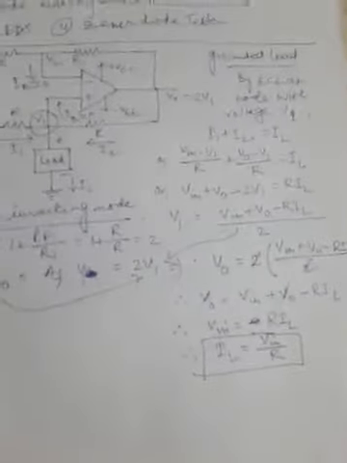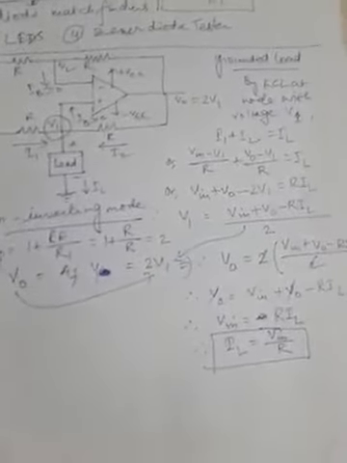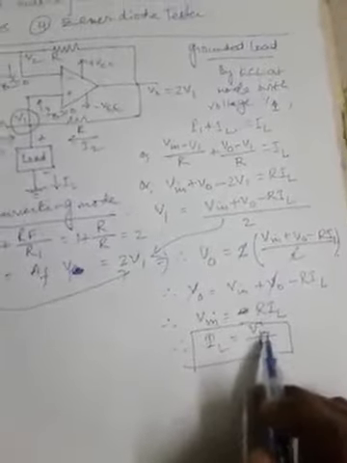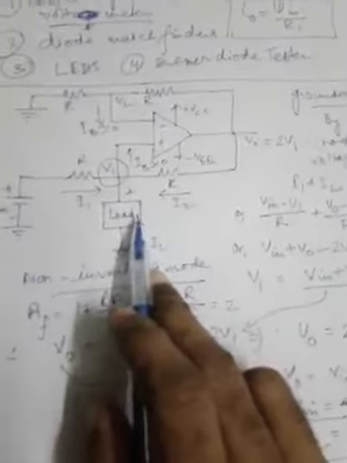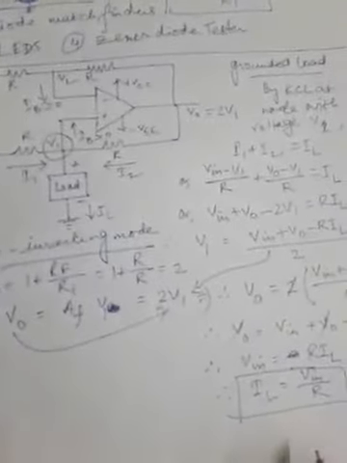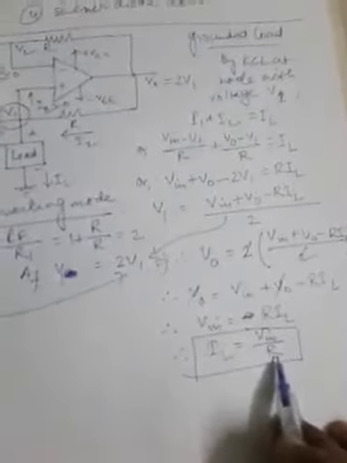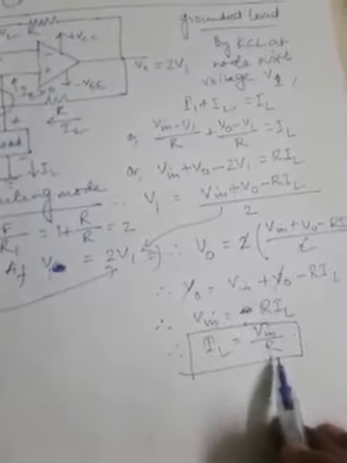So this is the current operating equation for the voltage to current converter with grounded load, and it means that the load current IL depends on the input voltage Vin and the resistor R used in this circuit. We should notice that all resistors must be of equal value in this case. That is important, and that value is R.